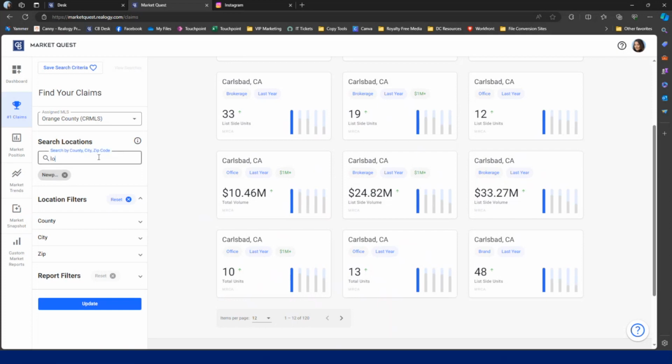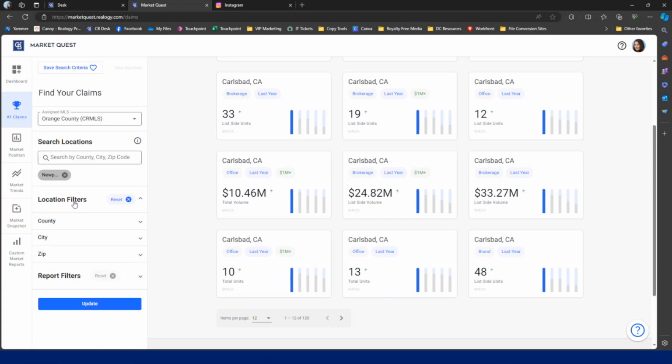Go ahead, find somewhere where we are not number 1. So you can see here, Los Angeles is highlighted in red. And when I hover over it, it lets me know that we do not have any number 1 claims for Los Angeles. However, Newport Beach, which I also selected, came through gray, and we did have number 1 claims for